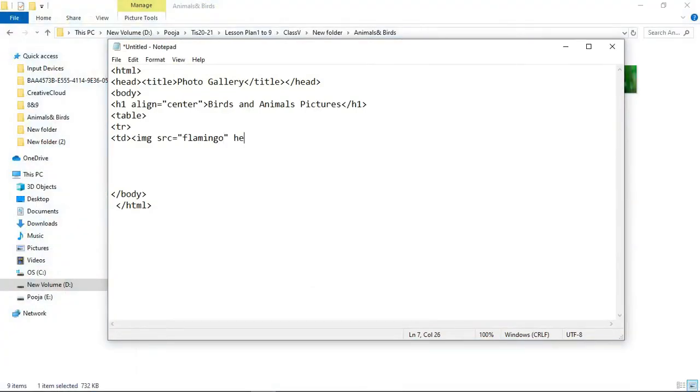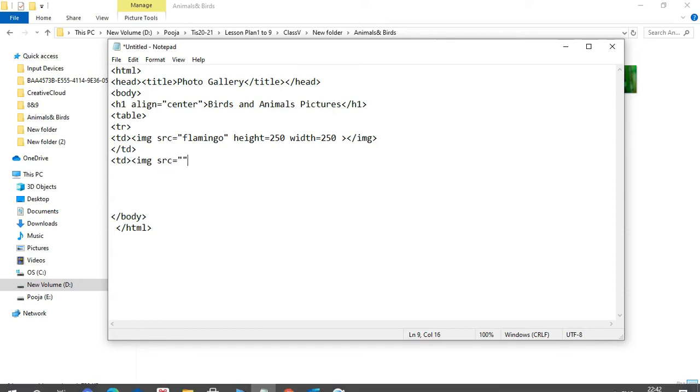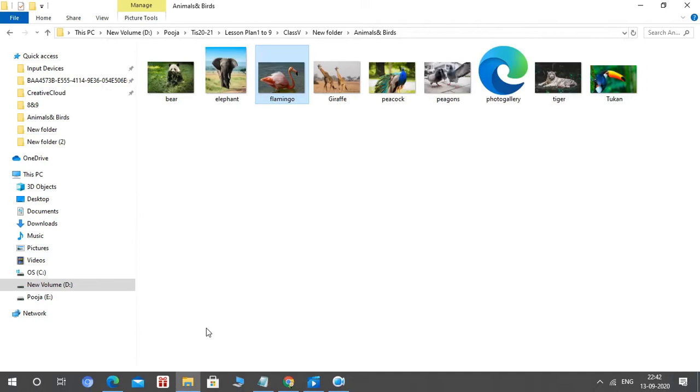Now I have to give the height of the picture also, which I am taking as 250, and then width also, that is 250. Now use a second td and then use the image tag, space, src equals to, and then again give the name of the bird which you want to display.